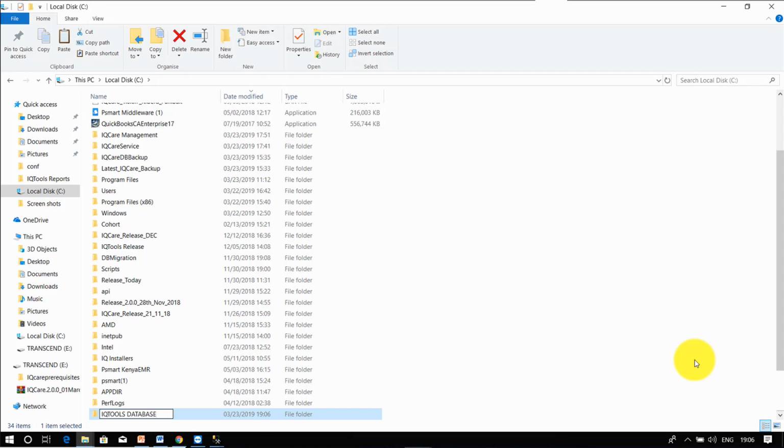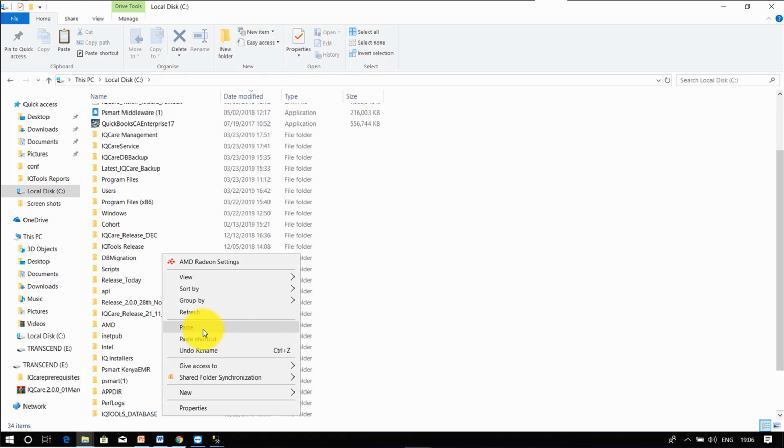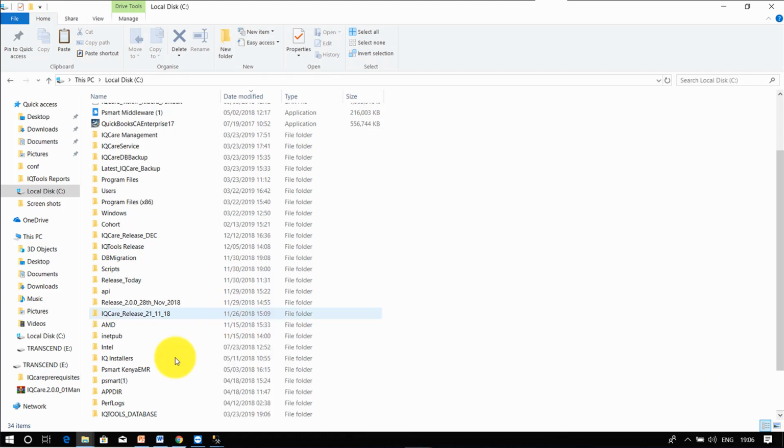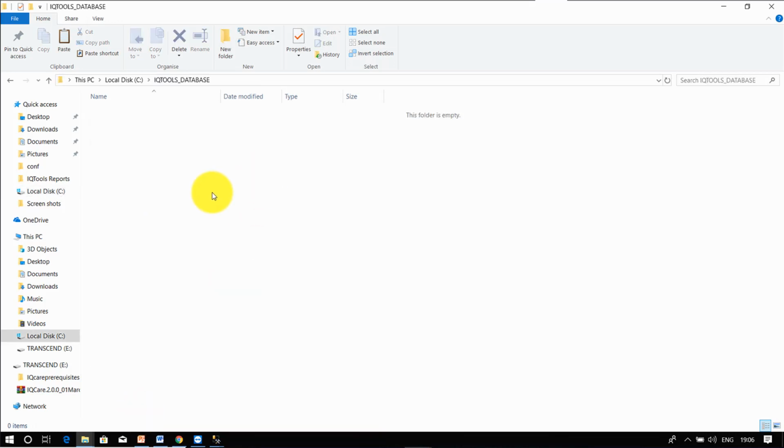Open the created folder. Paste. Then proceed to open your SQL server. Search for SQL. We are now going to restore the IQ Tools database.